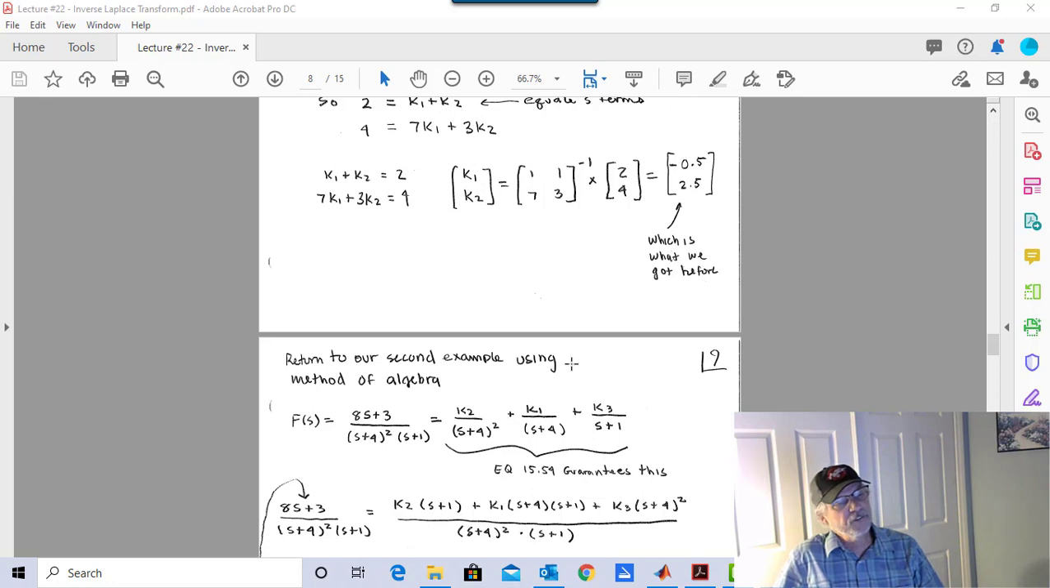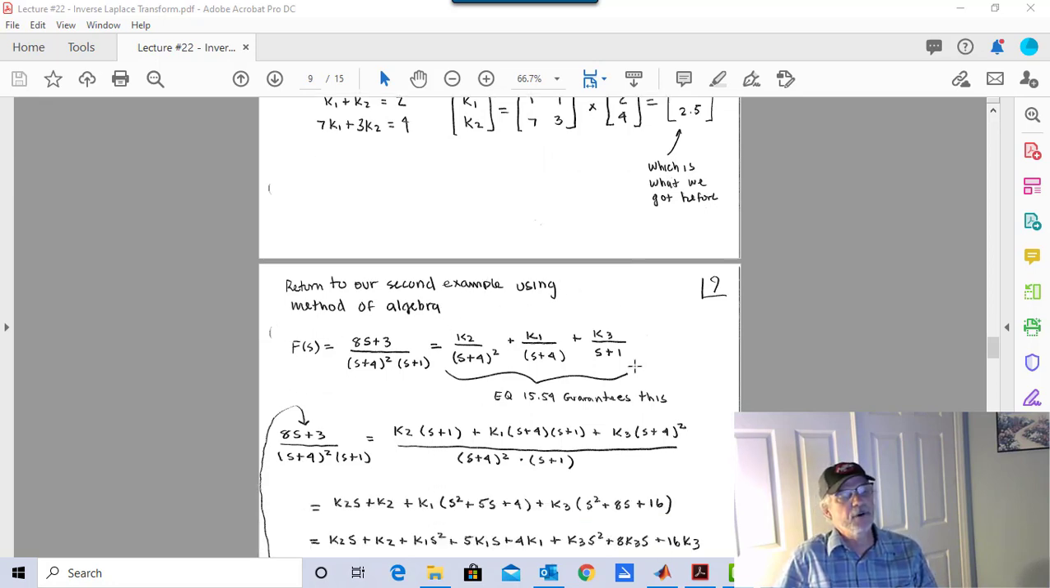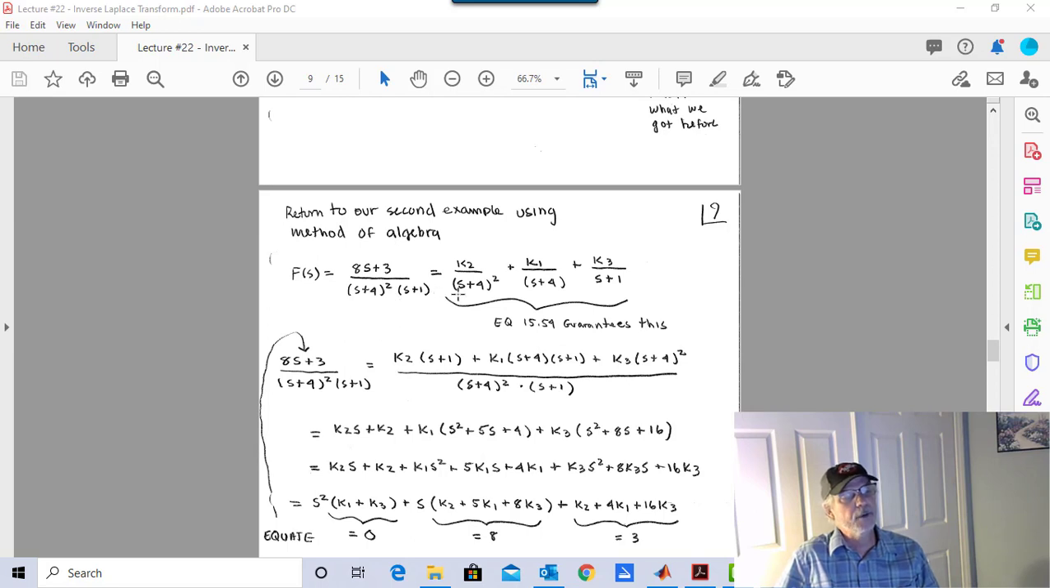Let's go to our second problem using the method of algebra. Now you remember in this problem, we had a repeated pole. We had this s plus 4 squared, and that kind of caused us some problems because we had to do a derivative, and it's pretty easy to make a mistake when you do a derivative, and we had to remember